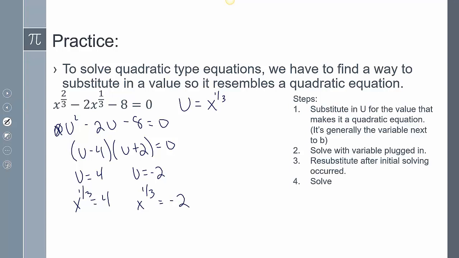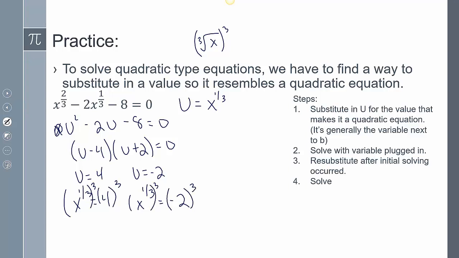so how do I get this x to the 1/3, right? Well, we're going to talk about this a little bit more in the next lesson. But a shortcut when it comes to powers, remember this 1/3 is the same as the cube root of x. Well, the way that we get rid of a cube root is a cube. And so if I cube both sides,